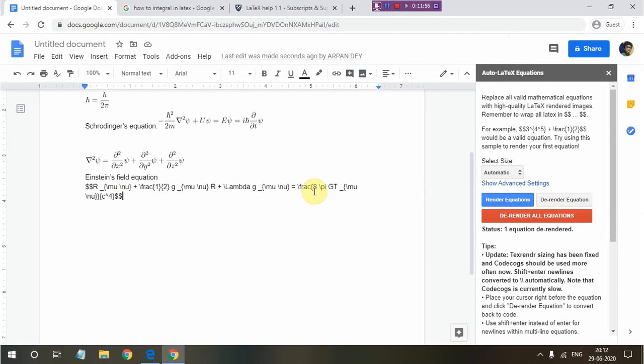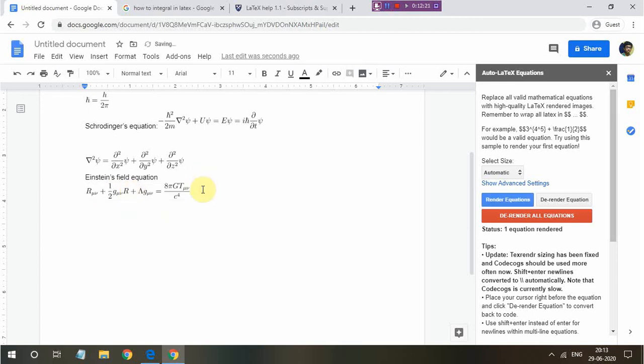And one more problem was that when you're using a fraction, the thing enclosed between these two brackets is the numerator. So please don't confuse such things, because there are two consecutive curly brackets and one is for this underscore expression, right? So this is how you type equations in LaTeX, which is of course very important nowadays. And so this is how to type Einstein's field equations.